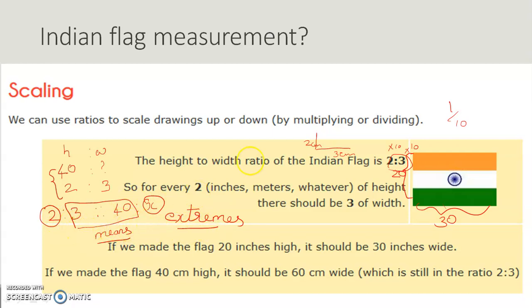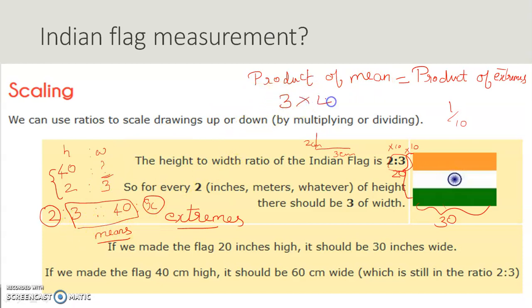When they are proportional, this is a very important condition that you should take down in your classwork note. Product of means is equal to product of extremes. What is that statement? Product of means is equal to product of extremes. This statement will help you in finding the unknowns in many situations. See here, we are trying to find out x. This condition will help me. Now what are the means? 3 and 40. What are extremes? 2 and that unknown. I have to find the value of x.